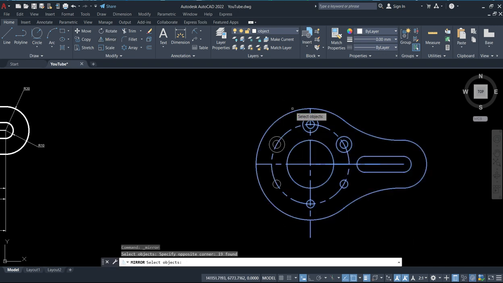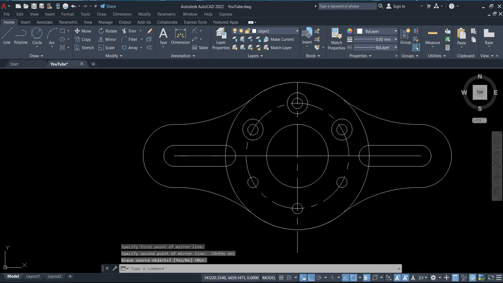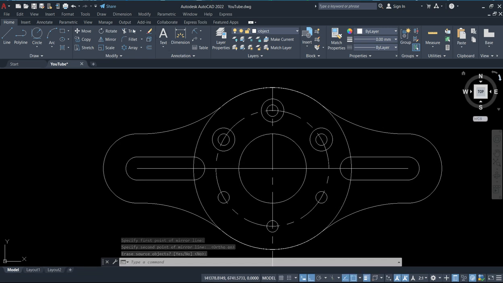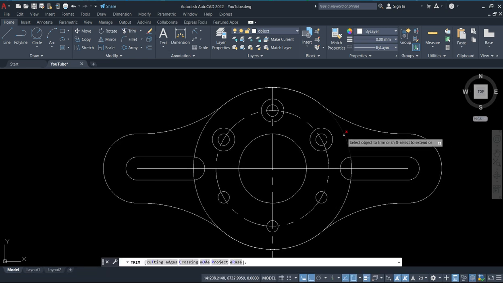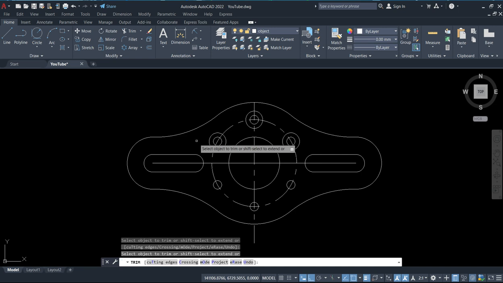Can mirror because they are identical, so we can mirror this part. So you can select the center line and mirror along that center. You can press F8 to lock it perpendicular. Now once we have this, again use the trim command to trim parts we are not interested in. Now with that